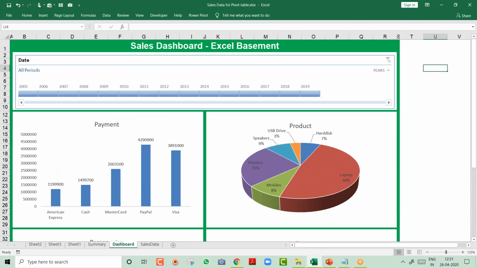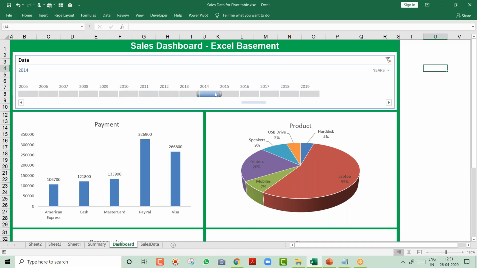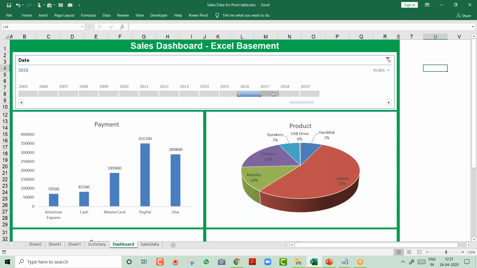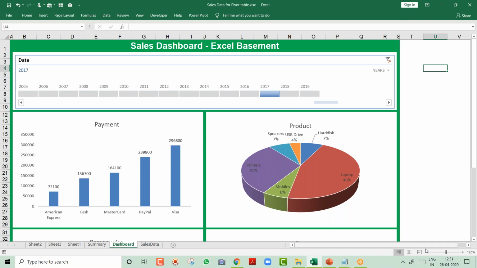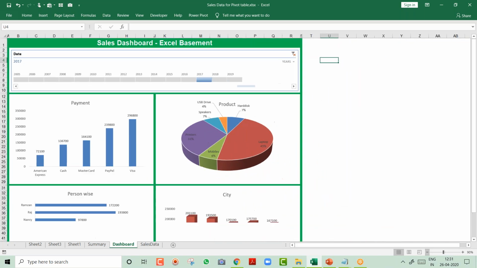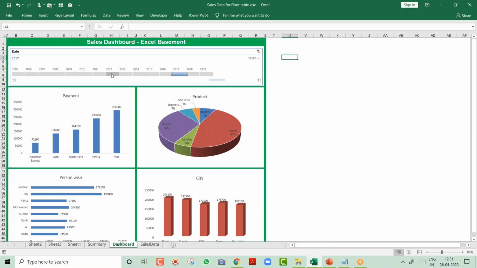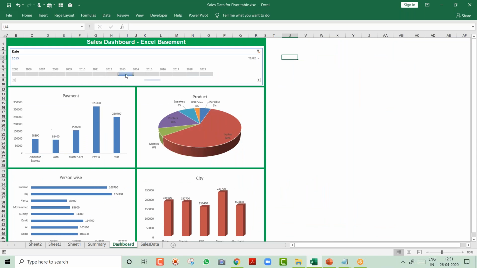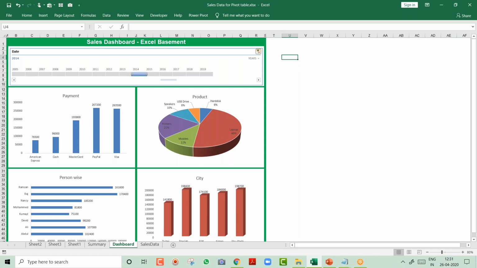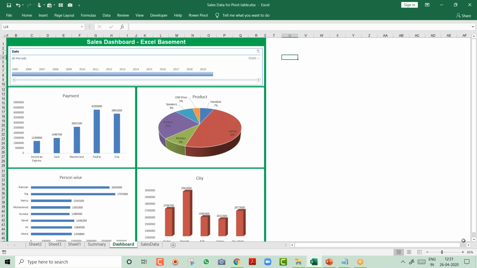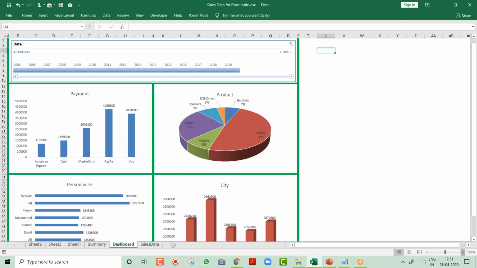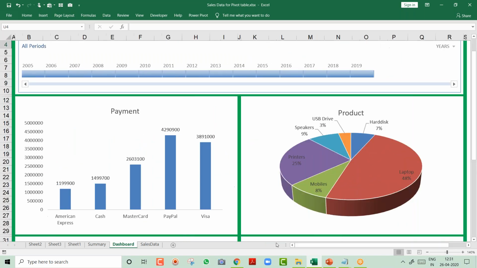So now when you click on 2012, what will happen, friends? It will update this 13, 15, 16. You're seeing, should I make it a little less so that you can see the other charts as well? So whenever you click on this, all your charts are updating. This is really amazing. Now I will click on clear over here, and your manager says, no Ramzan, year wise is good, but I wanted to analyze this payment also. In payment wise, I wanted to see through each city.